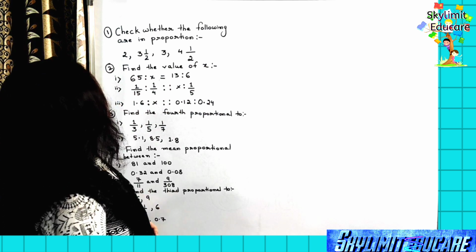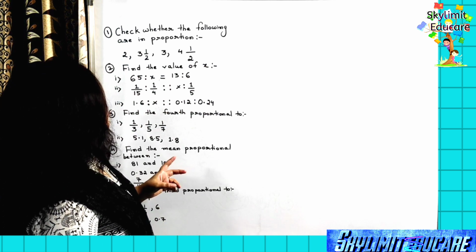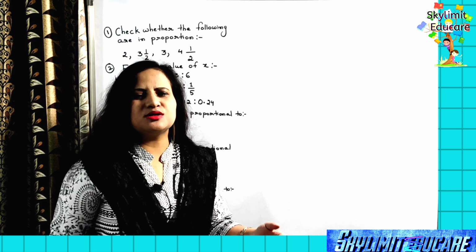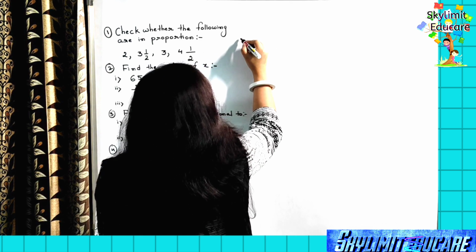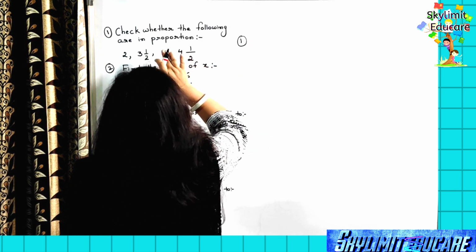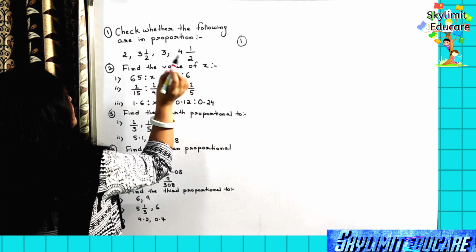The first question is, check whether the following are in proportion. Very easily we can solve this. So the first question, as you can see here, students, the